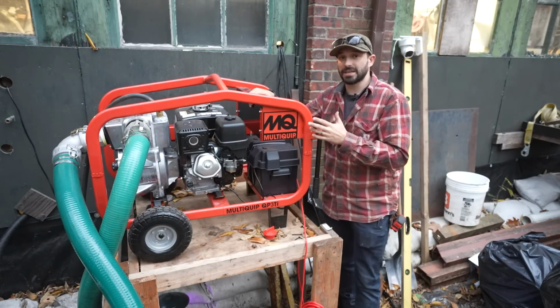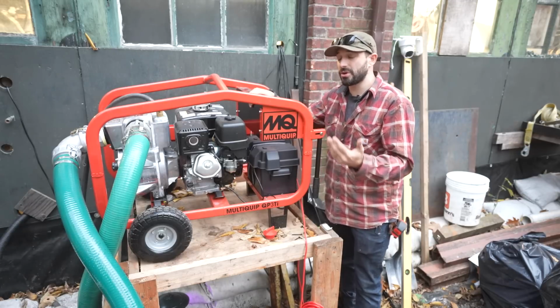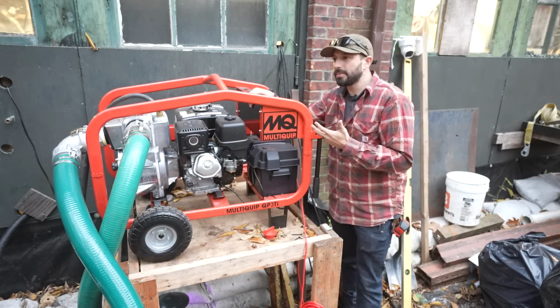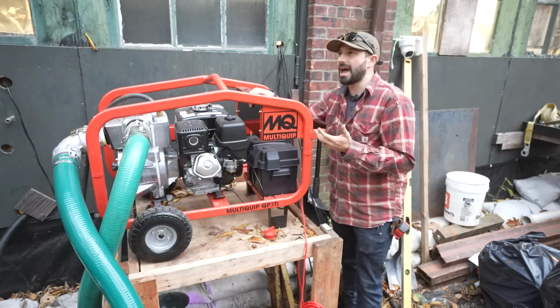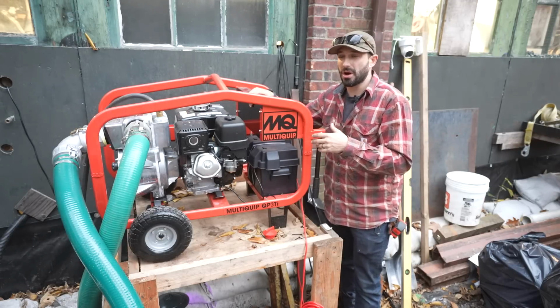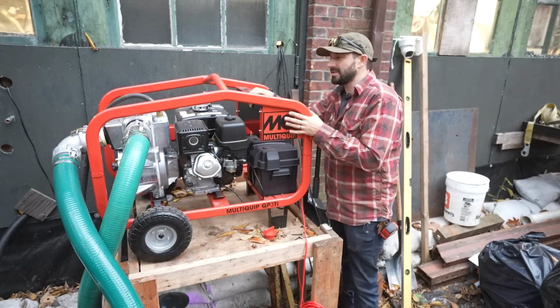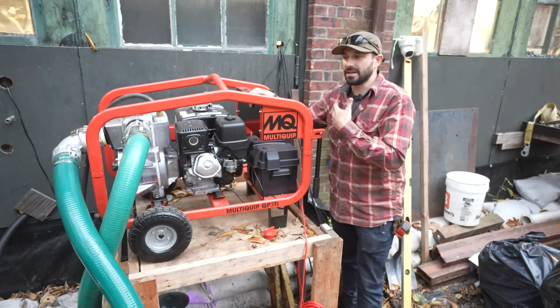Now this unit is not necessarily cheap, but in a case like mine, I've had 30 inches of water outside, which in my shop would probably ruin between $25,000 and $50,000 worth of equipment, right? All my saws, anything with a motor near the floor, and then any material is also going to get destroyed. So the investment into a machine like this is really less about the upfront cost, and more the